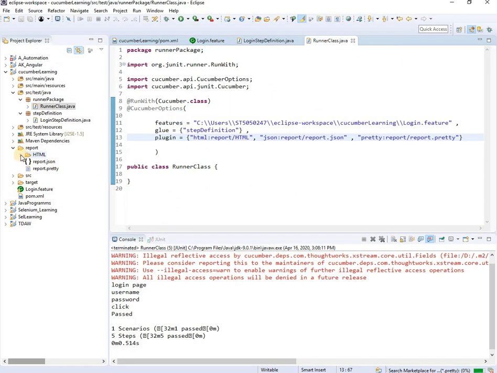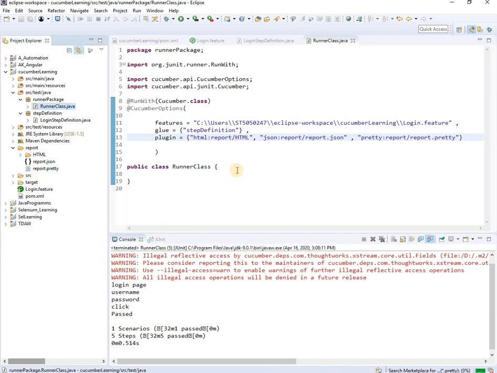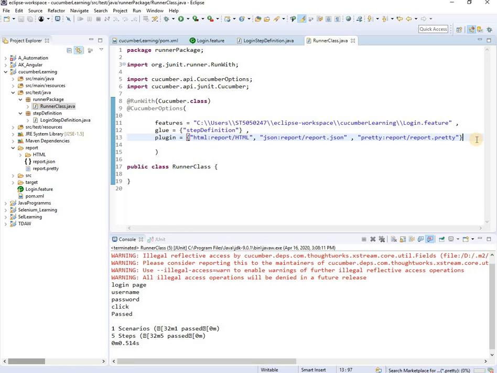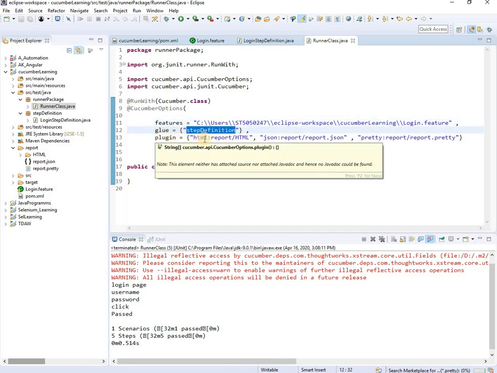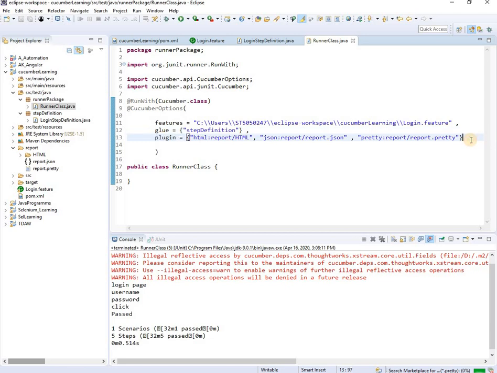So you can directly send these reports, the results, to your manager or your leads, whoever is asking. Now this is about giving the path of the feature file and the path of the step definition file and generating the report.